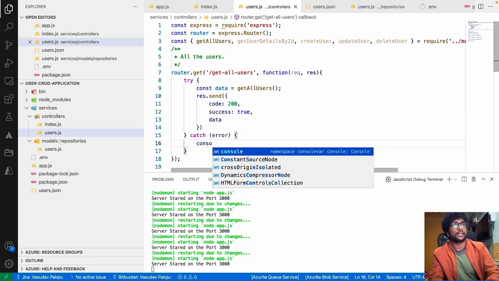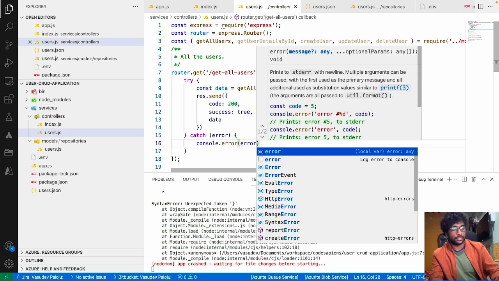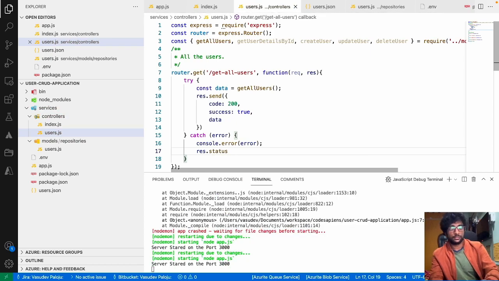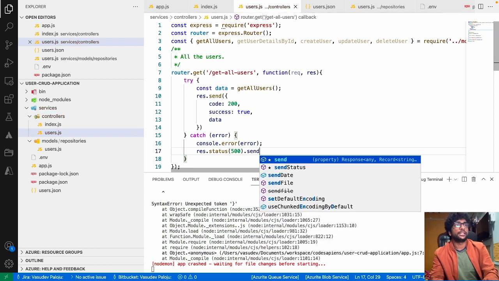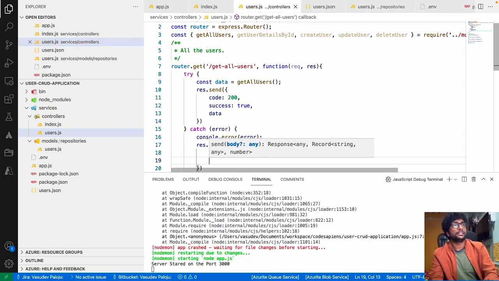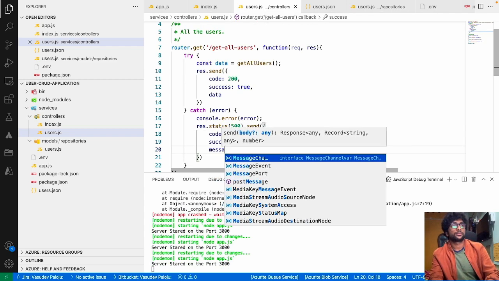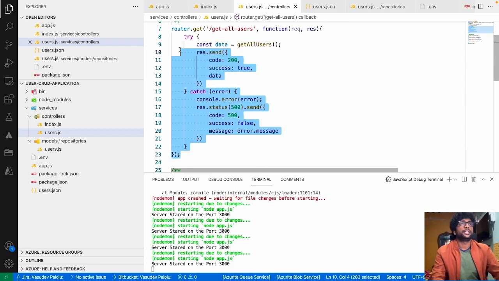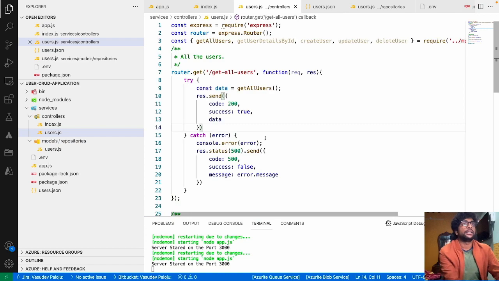And if there is some error occurring in your code, then you can say console.log error. So you will first log that error, then you can say res.status. You will set it to 500. So 500 is some internal error occurred in your code, and you will send the data or the response as code 500, then success as false, and message as error.message, right? So this is a typical way of defining the route in our thin controller fat model